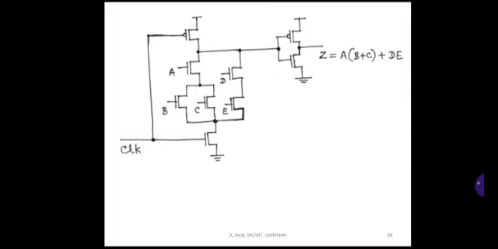So this is an example of the equation Z equal to A plus BC plus DE. Using the same logic, dynamic CMOS, that circuit is drawn, and the pre-charge state and evaluate phase are included. At the output, we have to include an inverter. So your final output is Z equal to A plus BC plus DE. There is no bar here. So this is the logic of a domino CMOS logic.